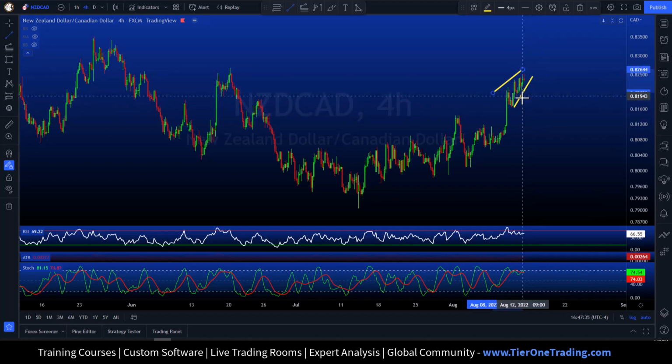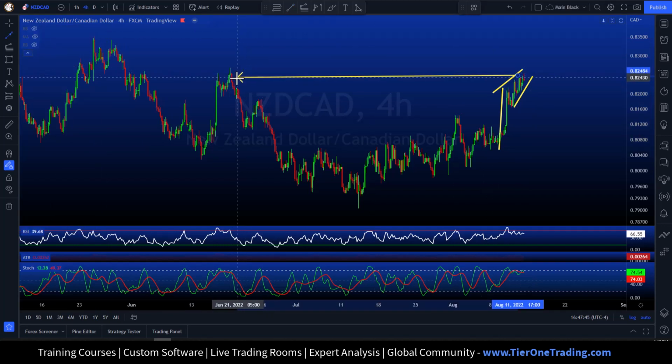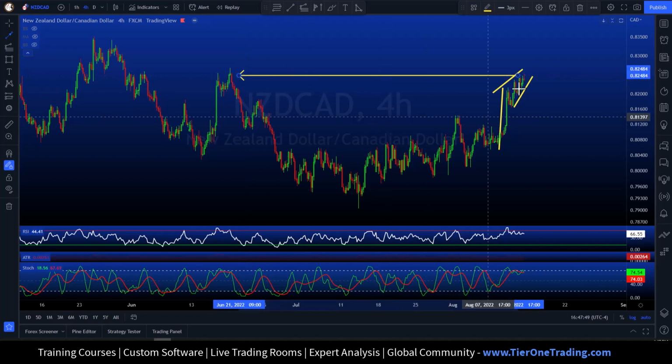And again, this is a loss of momentum pattern, right? Big breakout to the upside and then kind of a squiggly wiggly stuff. Now, the reason I bring this up is because this is another one that is at a previous level of structure. Now, for me, here's what's important. You can choose to trade however you want, right? I love these patterns, I love classical chart patterns, I love reading the market, but